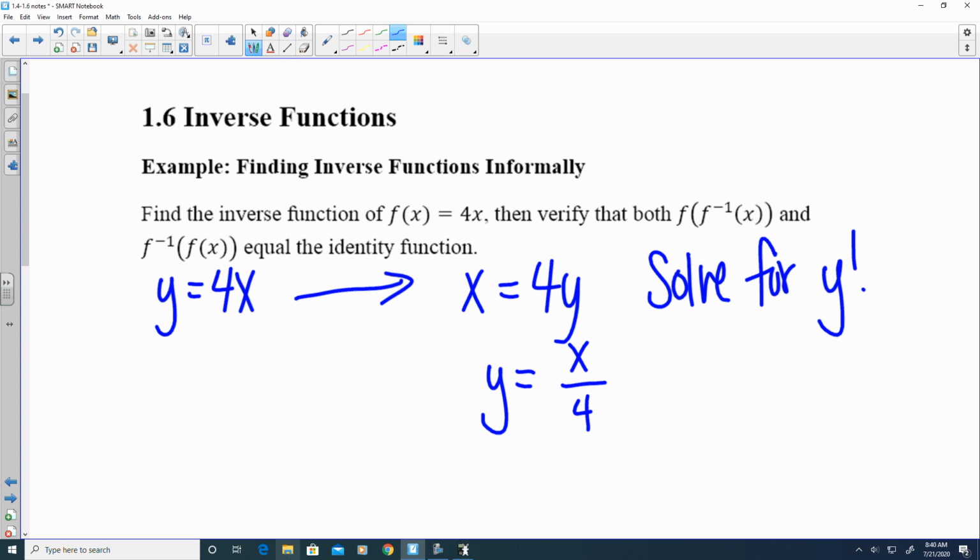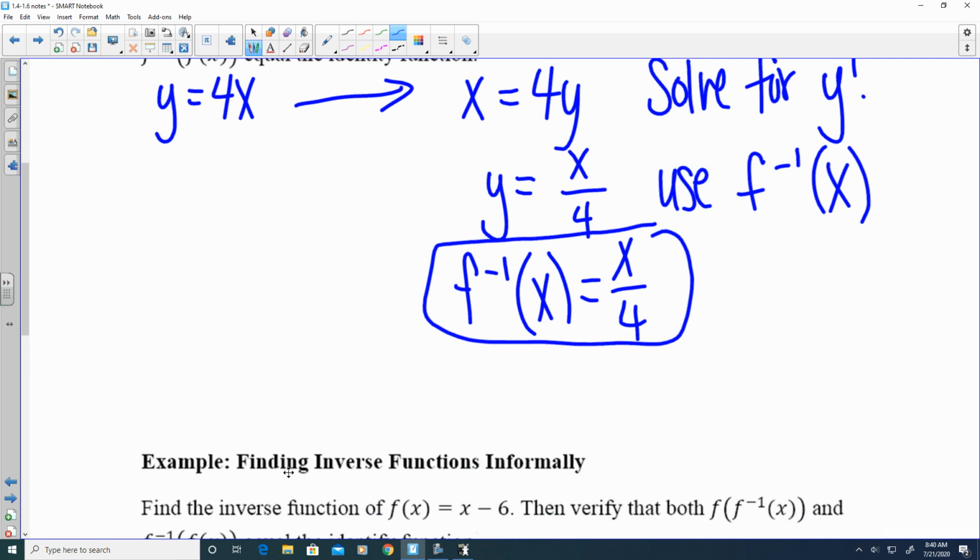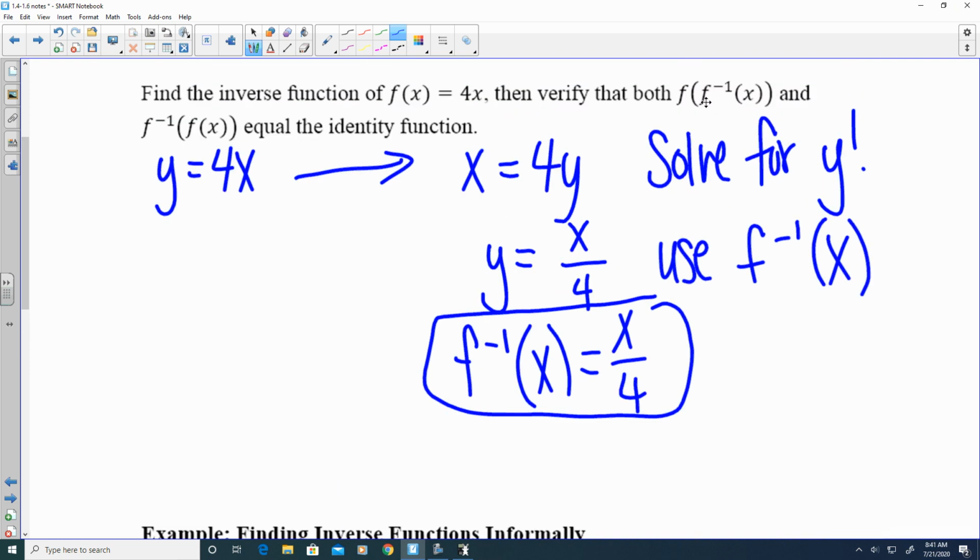Once you get y by itself, we're going to use the correct notation. And that is the inverse. Now, there is a way to verify that we did this correctly, and that is with those compositions. So we need to do the composition f of f inverse, that is taking our function that we just found and plugging it back into the original, and taking the original and plugging it into this function. And if we get the identity function, which is just x, if we get x when everything is simplified, then we did everything correctly. So starting with f of f inverse,